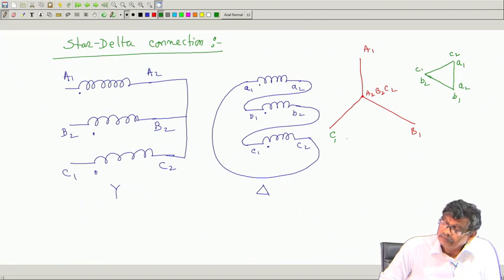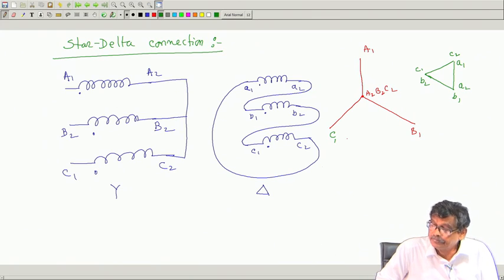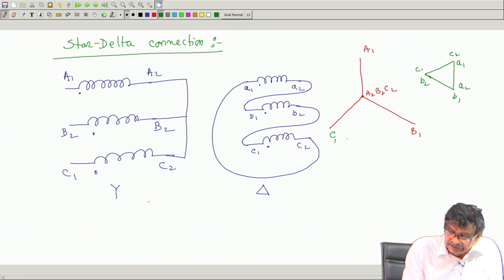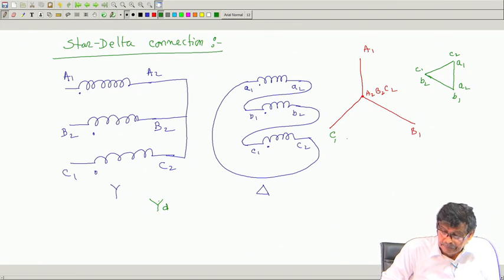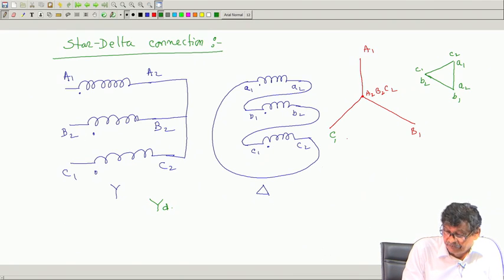Okay. Now, listen to me carefully. This connection, then I should write it like this: Y delta, generally YD you can write, D stands for delta, Y for star. Now, in relation with this phase angle, how to specify? In the case of star star, I told you it is either Y by 0 or Y by 180 degree. Only these two things are possible. Here, what is the thing possible? And how to specify the phase angle business here? What should I write? That is the thing.